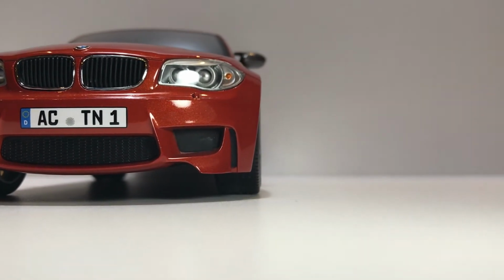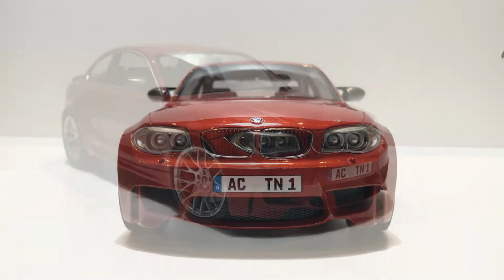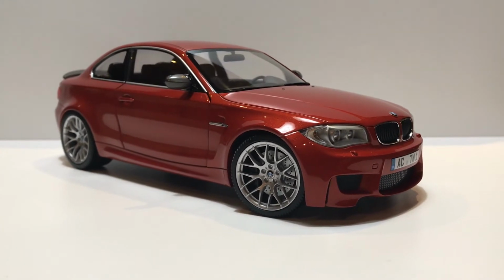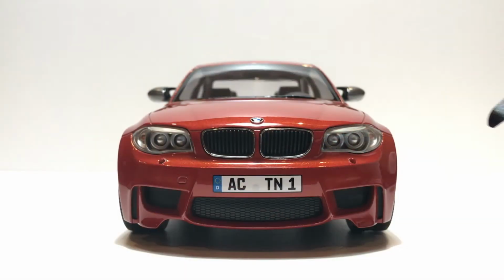I mean, it's a Minichamps, so we can't expect Auto Art signature quality. Not even Auto Art Millennium quality, because for the money, this is much cheaper. No, it's not much cheaper. Yeah, it's a bit cheaper. It is much cheaper on eBay and stuff. It's cheaper. And I think the reason I got this model, despite all the flaws that EC mentioned, for example,